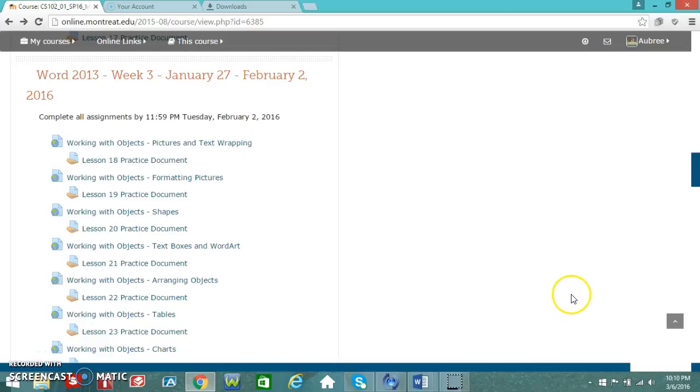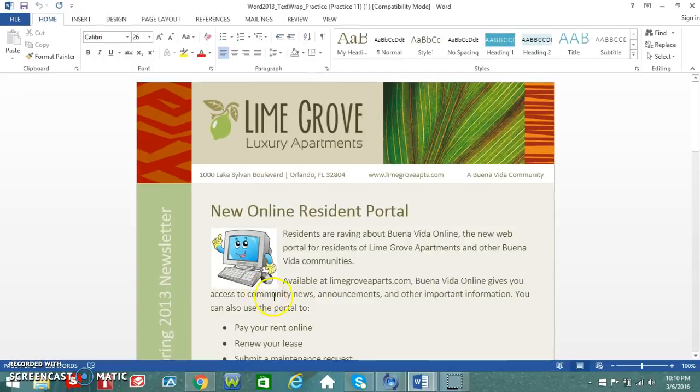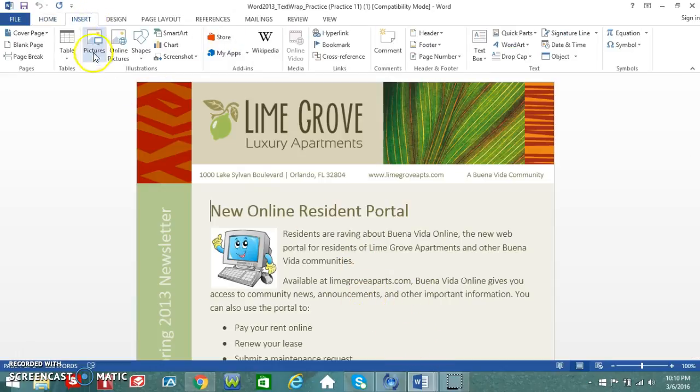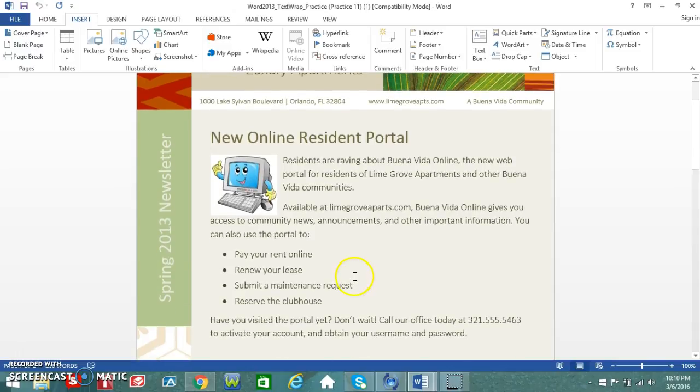This is Word Basics Continued for Computer Applications and Concepts class. So we're going to start with the continued lesson 18, which is pictures and text wrapping. For this lesson, this was working on inserting pictures with the Insert tab into your document, and getting your text wrapped around the picture in a way that's still presentable, but adds some artisticness to your document. And as you can see here, here's a picture of a computer wrapped around